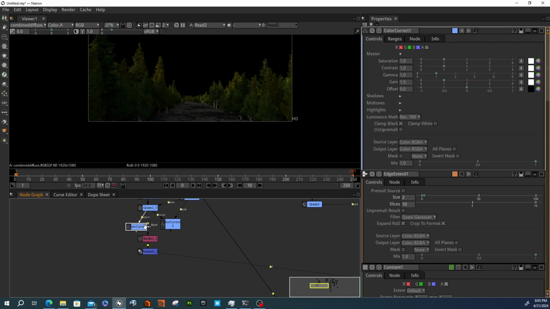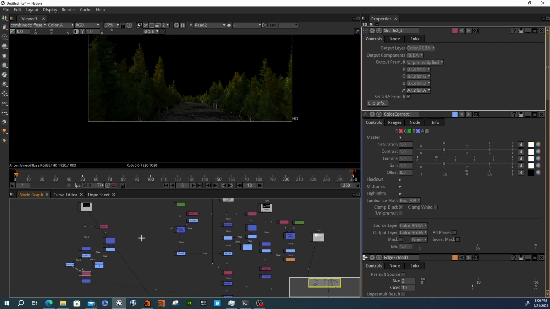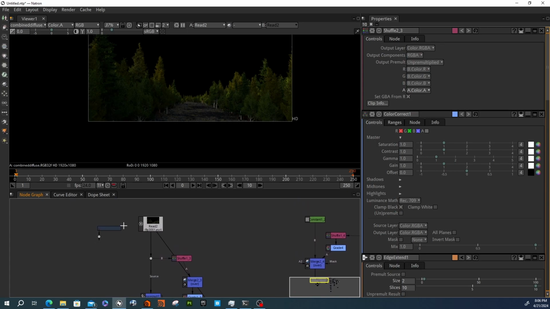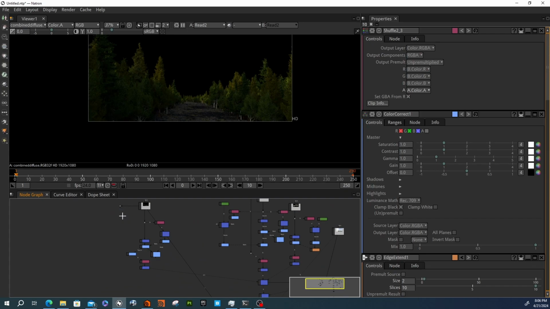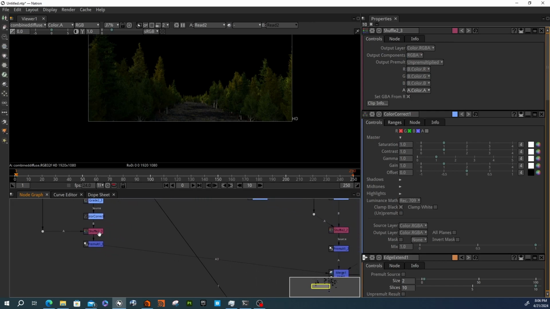Oops. This needs to come off of this. Always important to keep your comps clean and easy to follow. Let's get rid of that. Okay, so now with this,